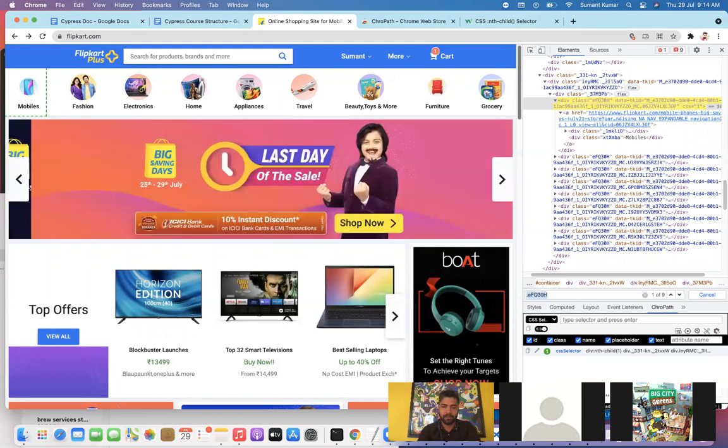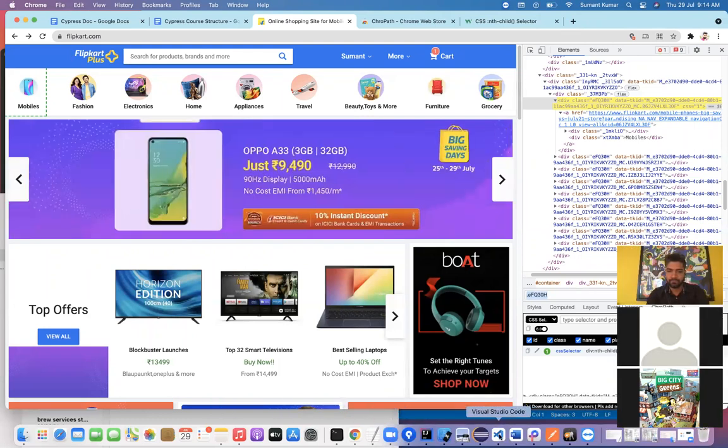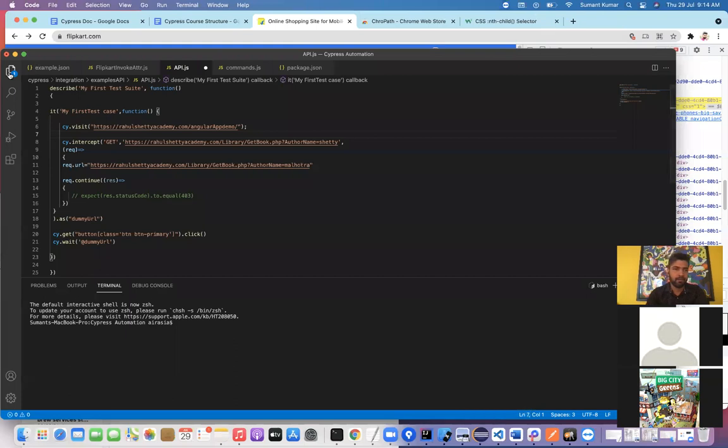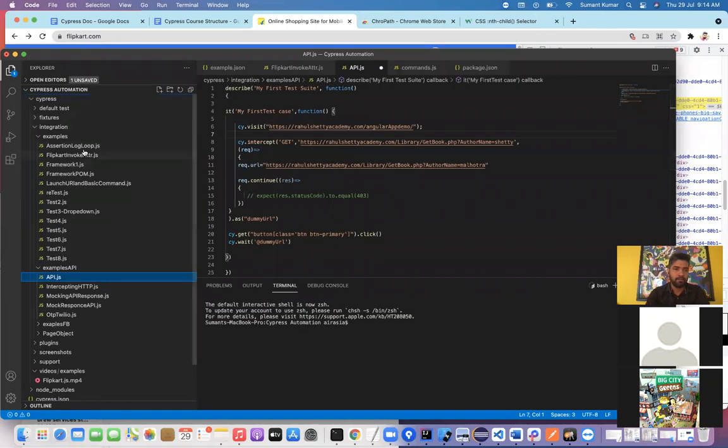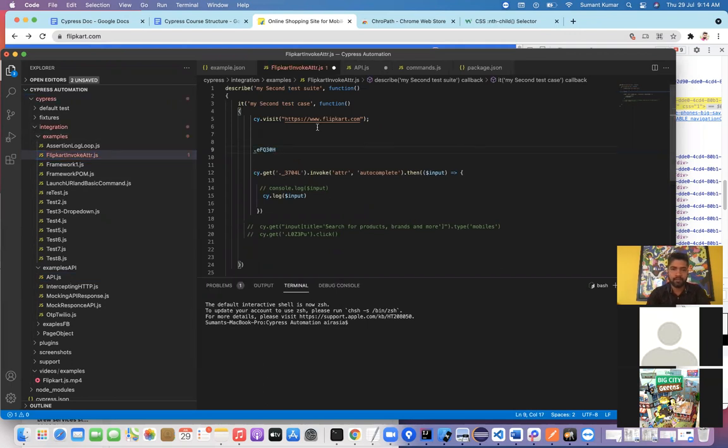First, let me open my Visual Studio, and then we have this Flipkart file, somewhere I've written Flipkart. Okay, and I will use our attribute here and dot get dot click.